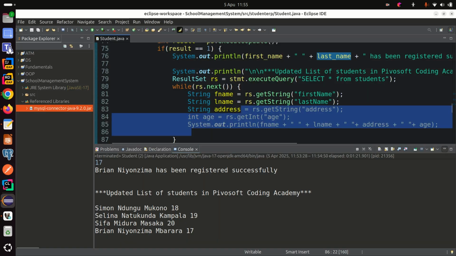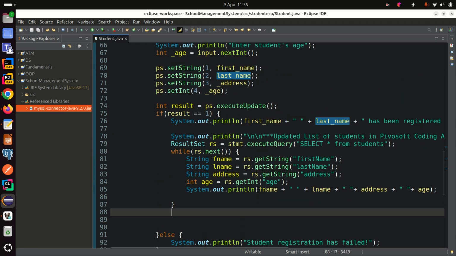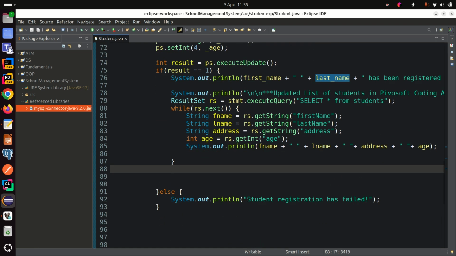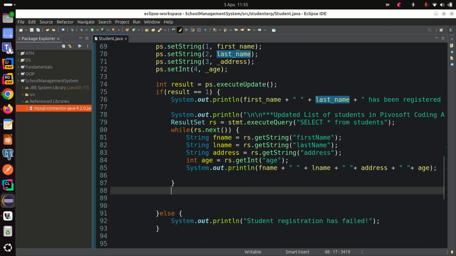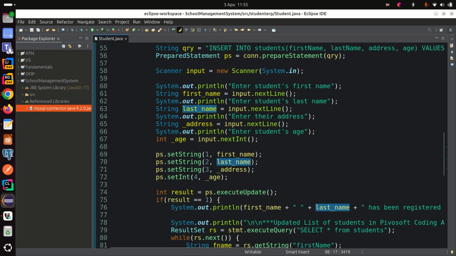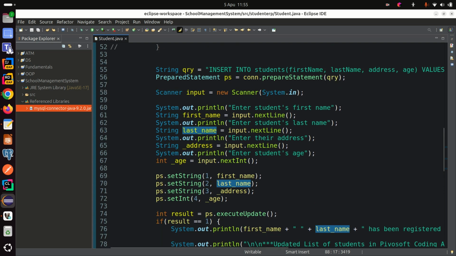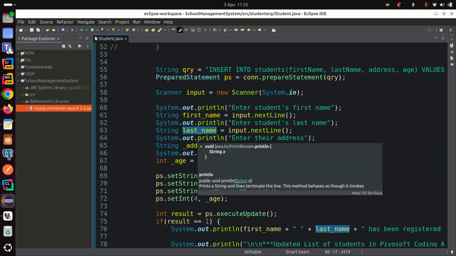Okay, so next I'm just going to demo two things, and we bring this to a close. You will now build the code for updating and deleting. I think that's all. We've seen how to insert, we've seen how to query. Remember, this is